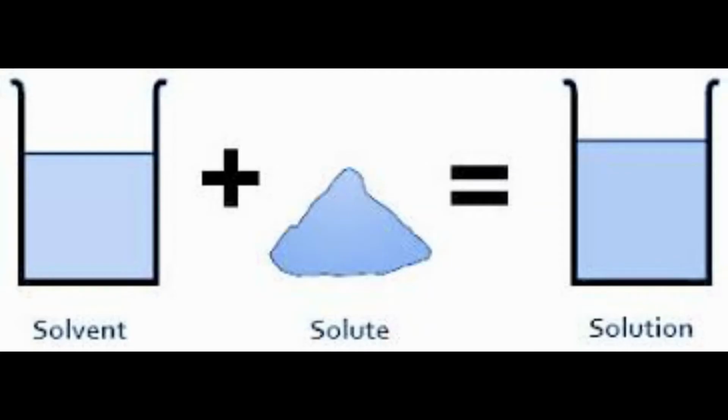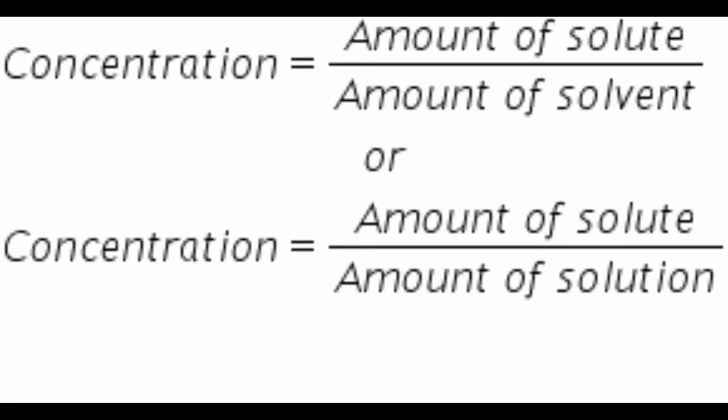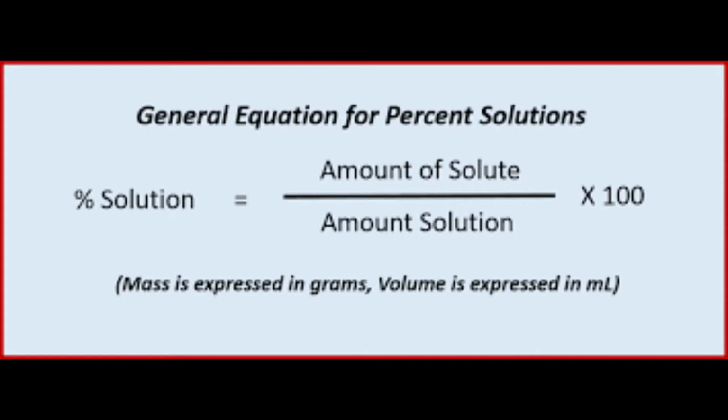If you see, the amount of solute contained in a solution is less when compared to solvent. So there are three ways of expressing concentration of a solution. First one, mass by mass percentage. For example, you're going to prepare solid solutions. You take a small amount of salt and mix it in any dough, or you can mix it in any of the flours. Then what is the mass percentage of the solute? Like this you can calculate: mass of the solute by mass of the solution into 100.